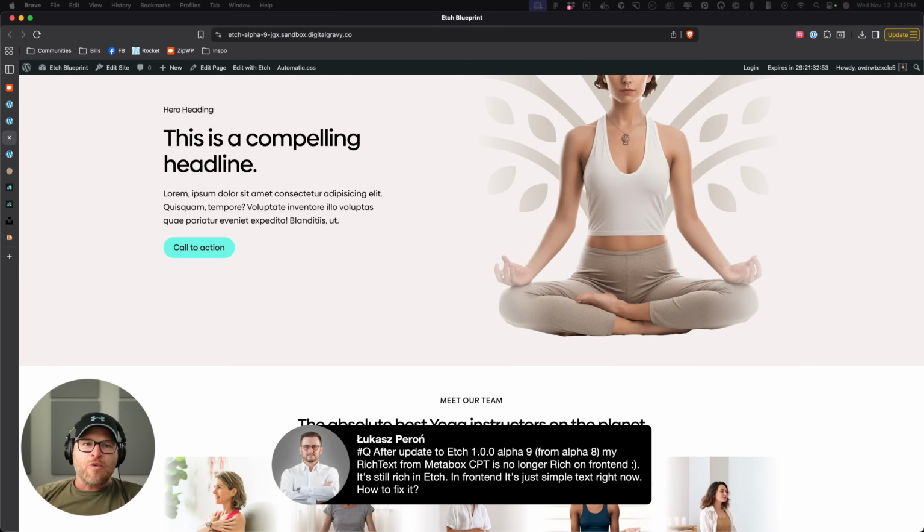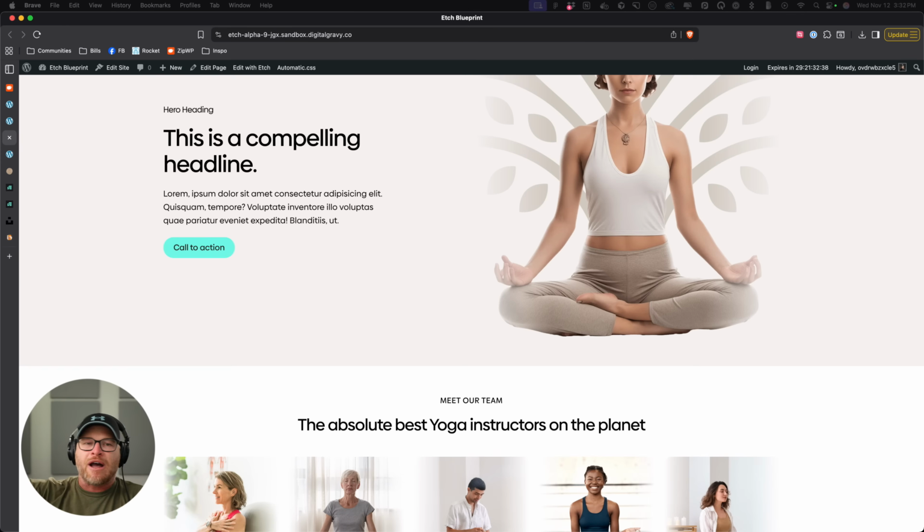After update to Etch 1.0 Alpha 9, my rich text from Metabox CPT is no longer rich on the front end. It's still rich in Etch, and the front end is just simple text right now. How to fix? Just post in the community. There's going to be some edge case things here and there that we clean up. That's why it's either going to be Alpha 10 next that's going to clean those things up, or depending on the amount of them,